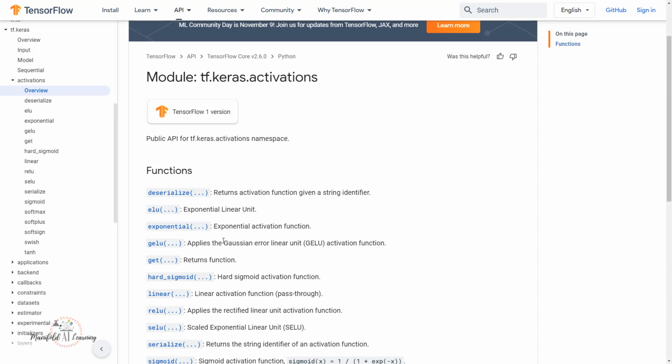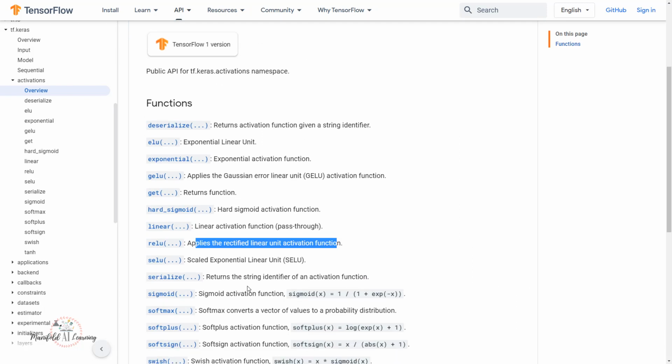We have GELU, which is the Gaussian error linear unit activation function, guys. And we have the ReLU activation function, which is one of the very famous activation functions when it comes to computer vision tasks. And we have the CELU activation function, which is very similar to ELU, but we have the option of scaling, so we can control the scaling when we are working with CELU.